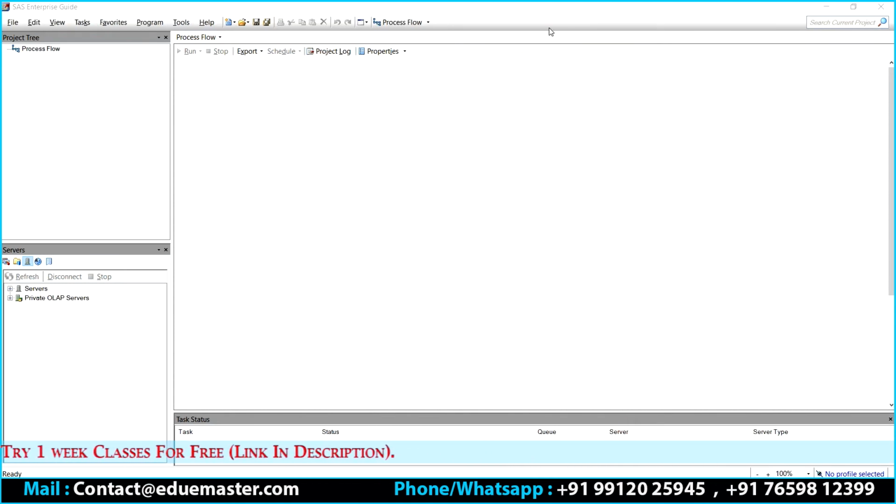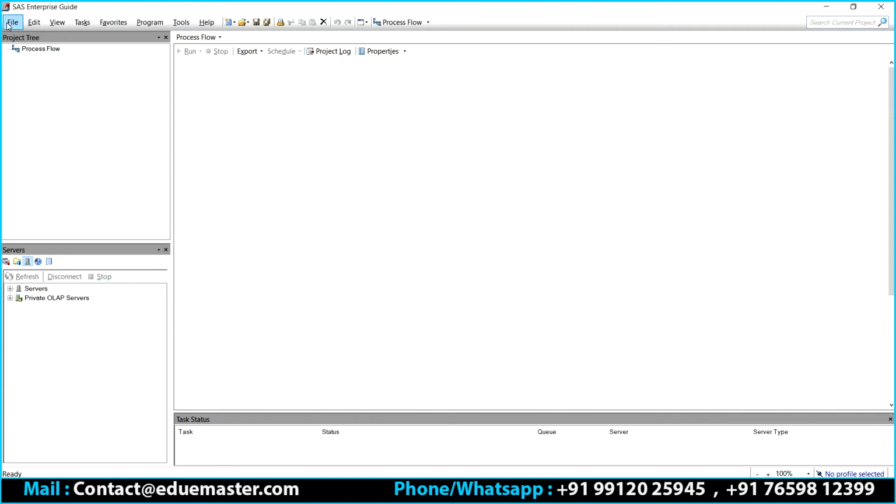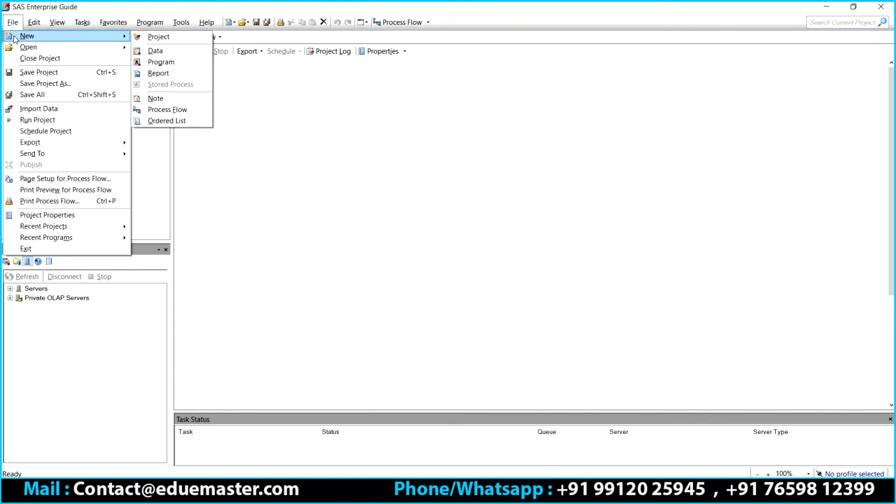Now this is the place where I can find, under the process project tree, all my programs placed. For example, if I want to create something new, can you see File? In File, I can go to New.